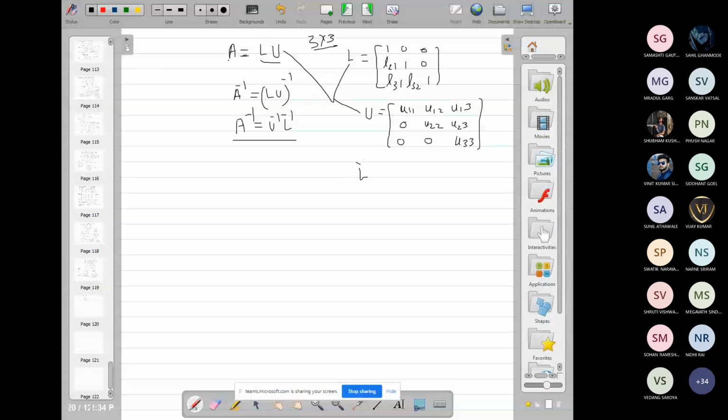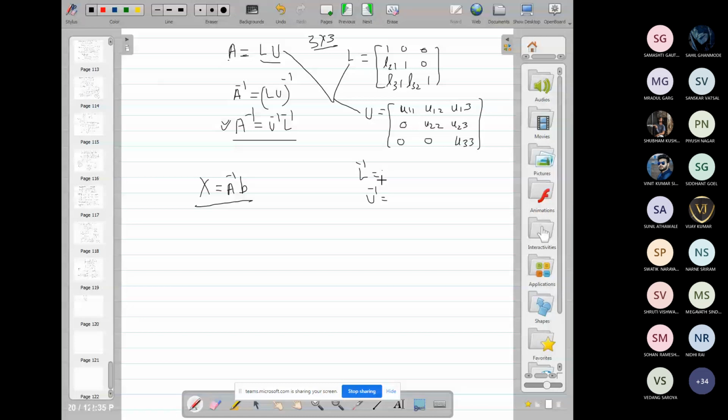So first determine L inverse and U inverse, and then put here the values of L inverse and U inverse, then we obtain A inverse, and then the solution of the system of equations is x equals A inverse B. This is by using the triangulation method. This is somewhat lengthy, and also to find L inverse and U inverse, there is no need to consider the adjoint of the matrix and divide by the determinant. To find L inverse, we can also use it like this.